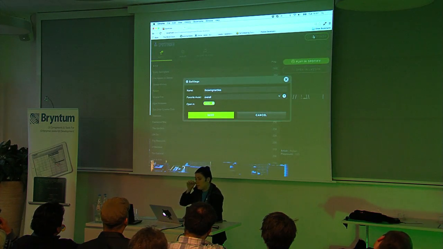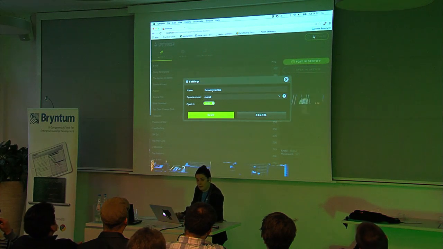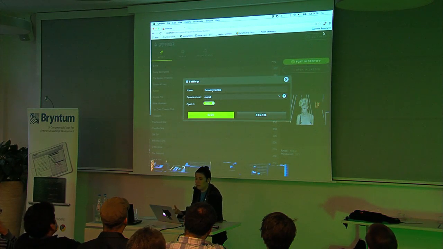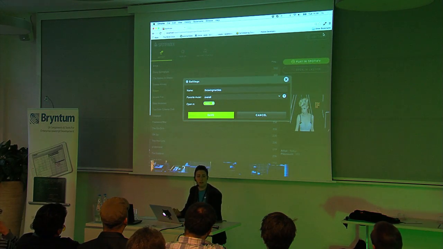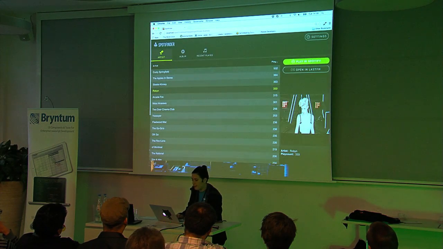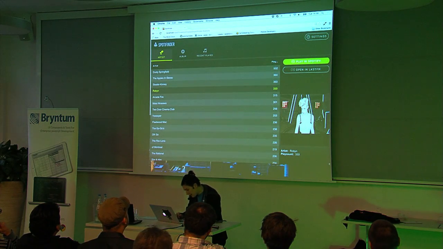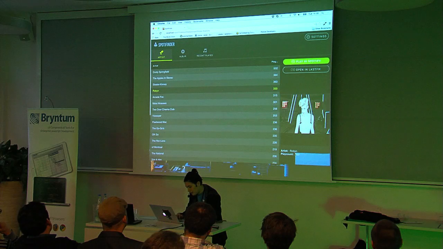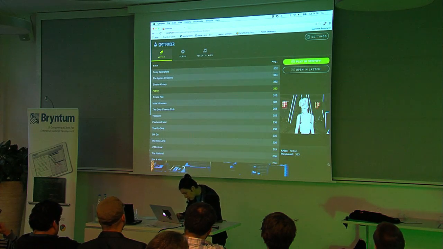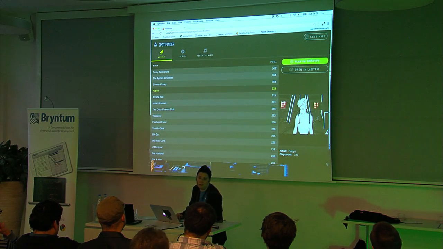I have a settings button here, and in the settings button I can set up my Last.fm username, and then it knows from which data I need to load in my app. Note also the tab panel here, and note the image and the button there. Now, I did this with responsive design because profiles back then when I created this app didn't exist in Ext